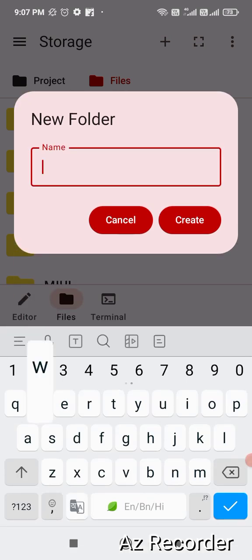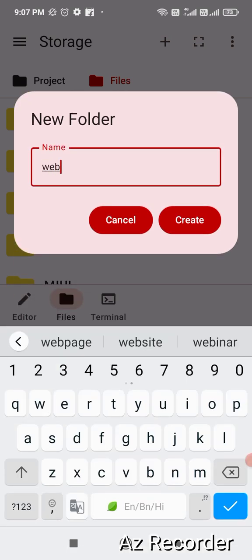So let's say I am giving it web designing as a folder name. Why? Because we are now designing a web page. HTML is a scripting or programming language which allows you to create a web page. Here in this folder we will save all the files and the related contents to view HTML